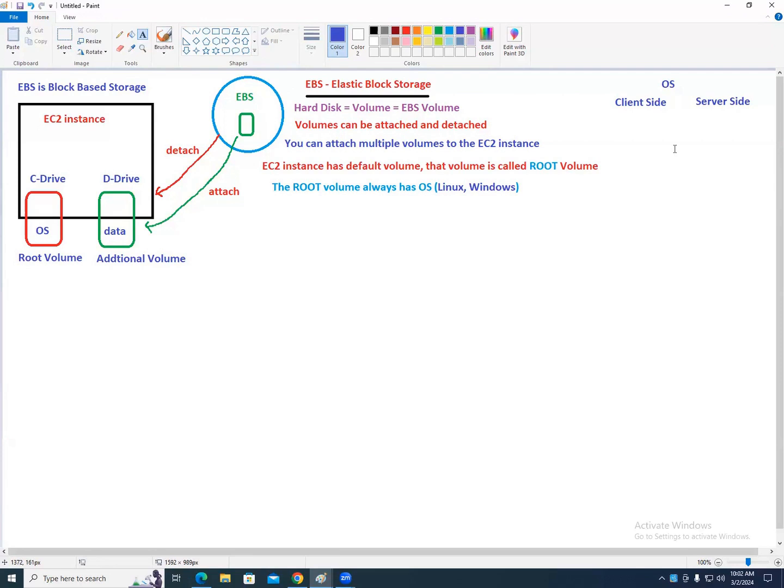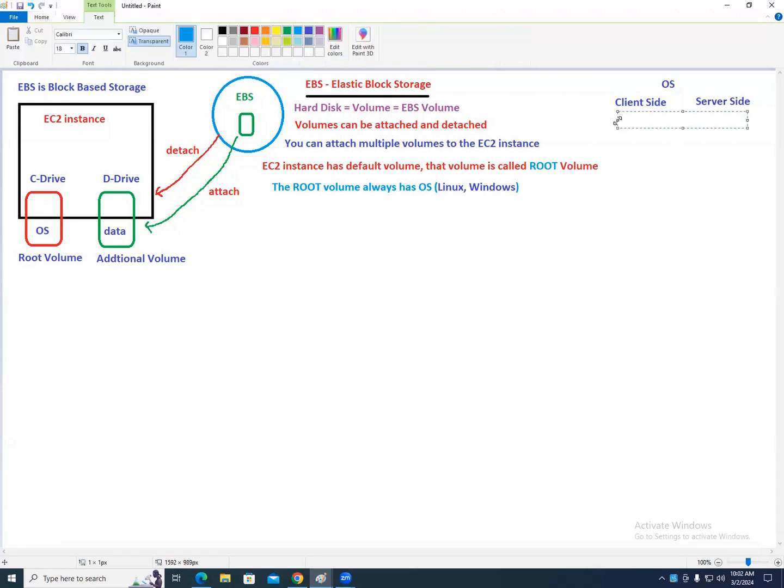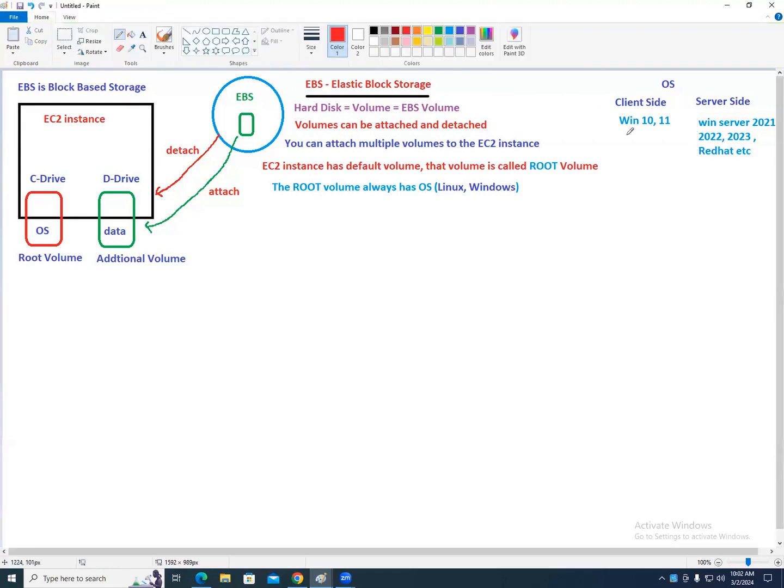Server side. Client side means the one accessing from our side, from our laptop. So which one will be supported here? Server side. Here we have Windows 10, 11, but here we have Windows Server 2021, 2022, 2023, Red Hat, Ubuntu, etc. It doesn't support this.